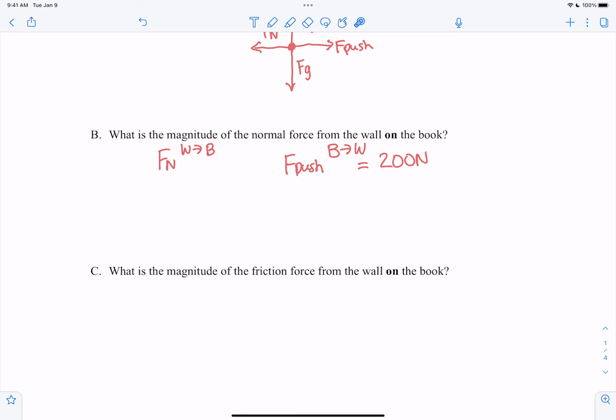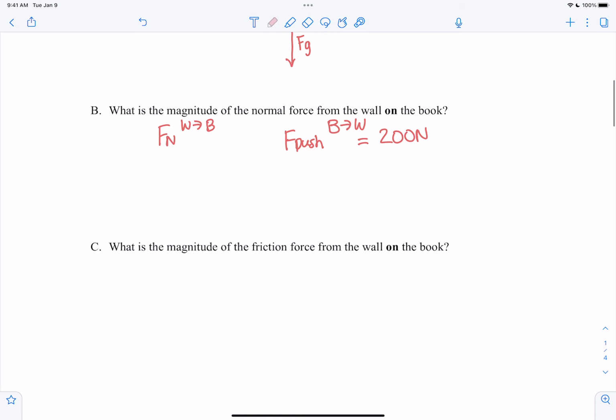Do you use an equation or what? Yeah, so set them equal to 0 because they're at rest. And then more specifically, we're going to set up an F net equation, right? So F net x is equal to the F push force, and that's pointing to the right. And then we can say minus the normal force, right? And that's equal to